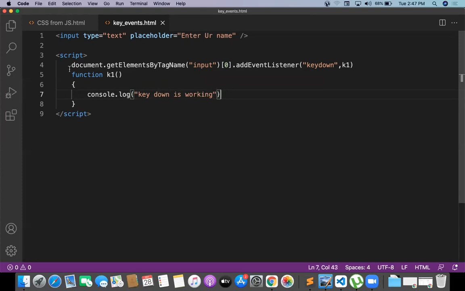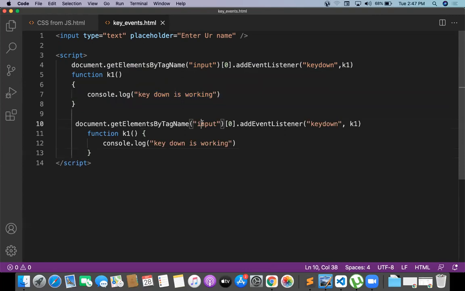One more event I want to write is key up. When I do the key up, I need to work with one more function called k2, and key up is working.